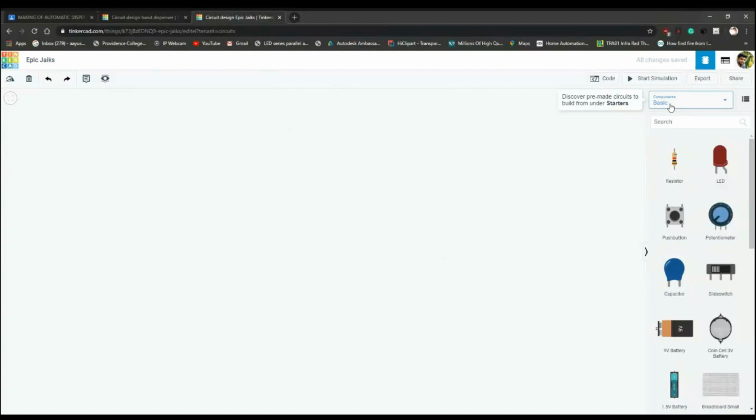I hope you all can see it. Clicking on these components, you can see basic components or all components. There are also starters, like basic components, the Arduino components, and the things that we need for the circuit assemblies, and everything that comes under the starter.